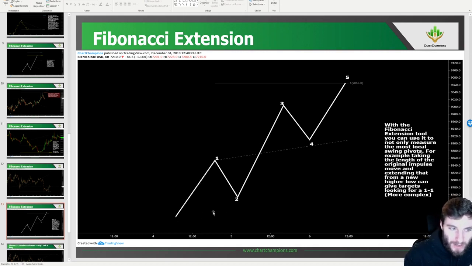So when you're thinking of it like that, if you've got an impulsive structure like this, this is $100, okay, but instead of extending it from the low, take it from that $100 move, whatever that length would be, to the start of your first move, and extend it from the fourth pivot low. And again, here you can be looking for the same price movement as was in the first impulsive move up. I hope that one hasn't confused people, because that is much more complex, but this is a way that you can still use the tool.